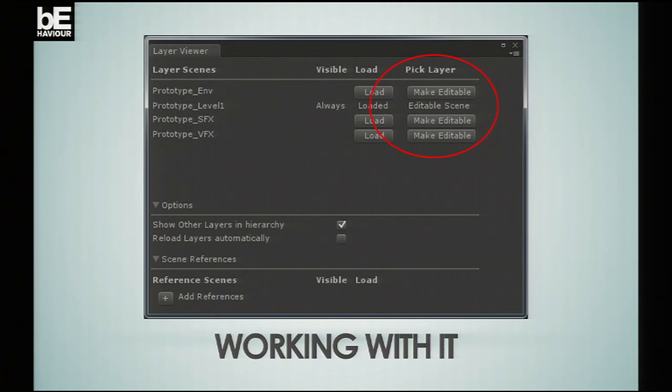So by doing this, what you'll be doing is unloading everything, reloading all the previously loaded layers, but now you're inside the VFX layer, for instance, and you've got the ability to move it. And all that is connected to your source control, which comes in with Unity 4.2. So if you're using Perforce, Subversion or something like that, you know that if you're switching over to a new scene and somebody else has the file checked out, you're not screwing over their work or your own.